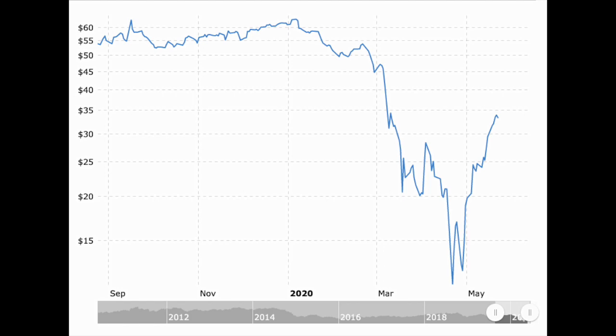However, oil prices have rebounded since their April lows. Right now we can see that the West Texas Intermediate oil price is trading at around $35 per barrel, which is very high compared to its April lows. This makes sense because as countries are opening back up right now, there is a higher demand for oil. A higher demand for oil will definitely increase the price of oil.